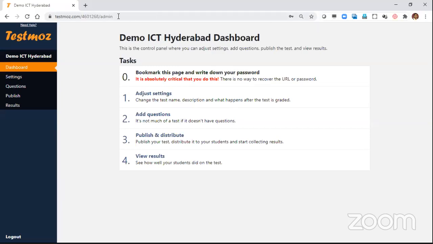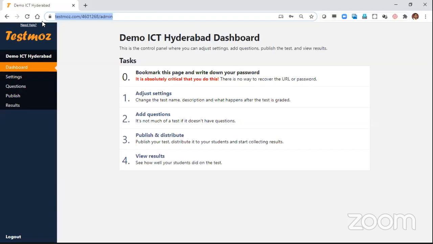Now, this is important. The URL. Can you see the URL? First thing you have to do is copy this fellow. Keep it somewhere in your mail, anywhere. Write it down or put it somewhere. Save this, because if you do not remember this, you cannot access the results later. It's not like your Google Forms. It's not like your Microsoft Forms, wherein everything is there in your Google Drive or OneDrive. No, it's not like that. So password you should remember, URL you should remember. Does not matter. It's a simple task.